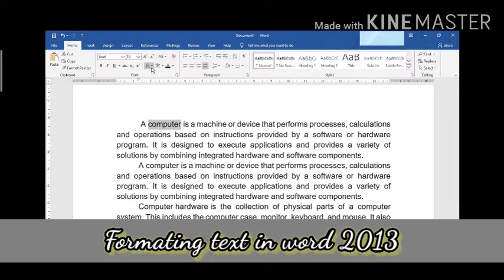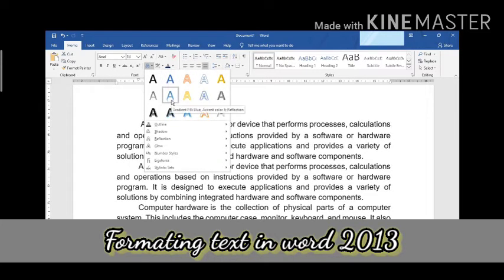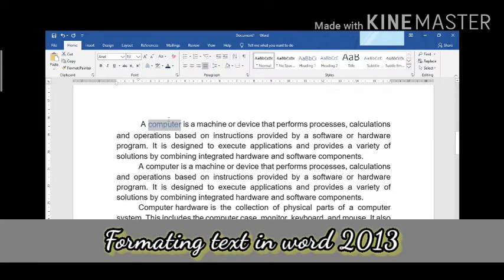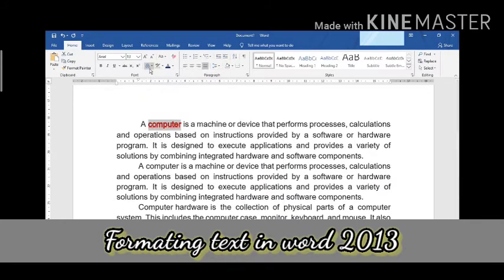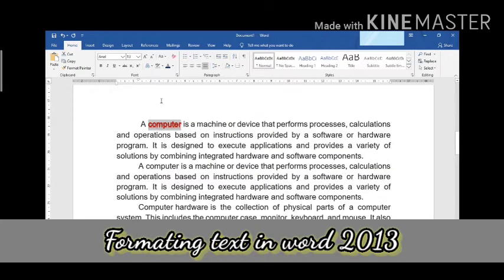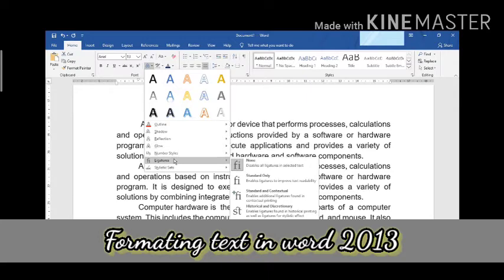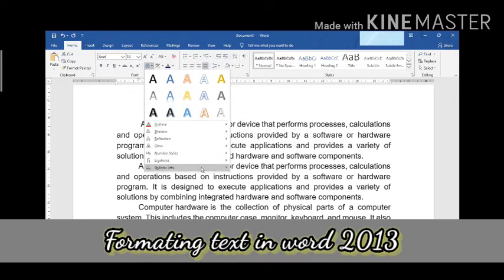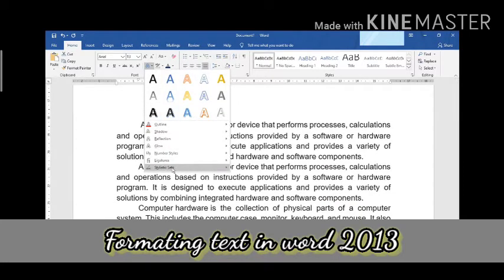Now we'll learn few more options. Let's learn the text effects. Okay, for that also we will first of all select it and we will give the text effect directly from the ribbon. You can change the color, you can give the shadow, whichever shadow you want. There are many styles of shadows over here. Then reflection, number styles, right? There are so many things, so many options are there. This is Microsoft Word 2013, by the way. So all the options you won't get in the previous versions of Microsoft Word.